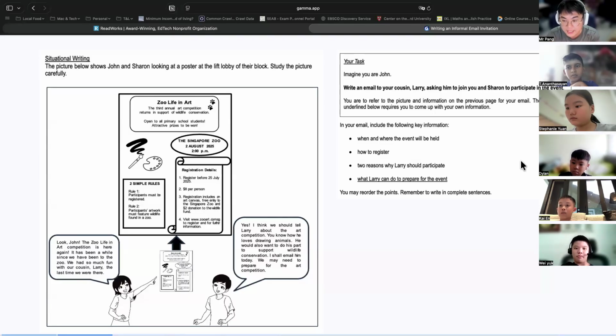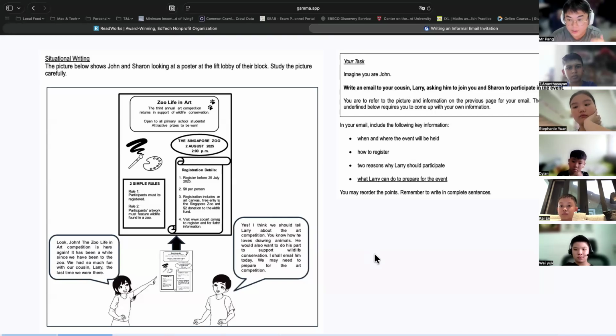I want to see at the end of a good situational writing exercise, highlights and markings on the text about where you found point 1, 2, 3, 4, 5, 6, and then underneath the underlying point, jot down the point that you come up with logically, right? So in this case, it could be, I want to visit the zoo beforehand to decide on which animal I want to draw. I will write that there before I start writing my actual email. All good so far, everybody? Okay, can I move on? The rest will be very quick, okay? And I will bring us to a quick close after that by showing you what an ideal situation writing is as we build it step by step.